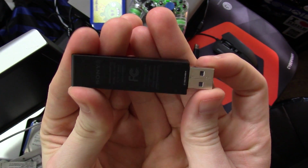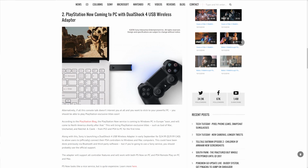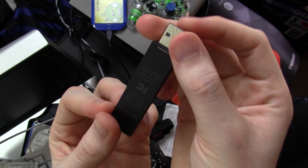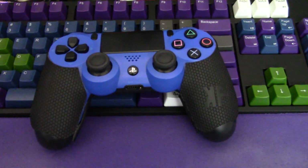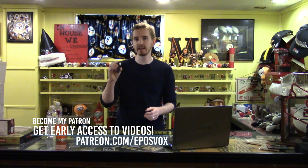When Sony announced their PlayStation 4 wireless adapter for Windows, I was pretty excited. I wrote about it in my Tech Tuesday column over on tetraninja.com, and I was pretty stoked. I thought it would be something that would finally let me use my Dualshock 4 controller to play games. And in a sense, it is. And if that's what I want to do, I can do it now that